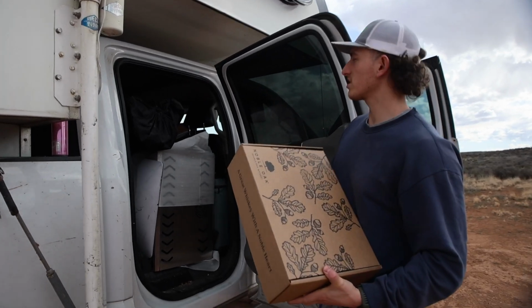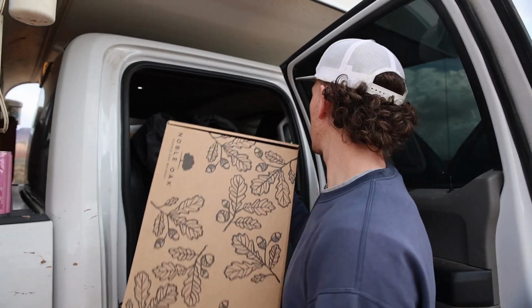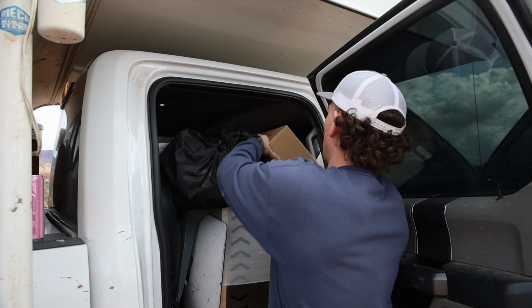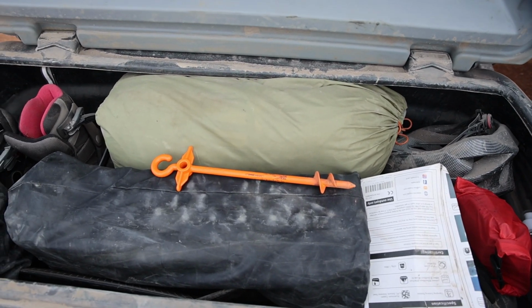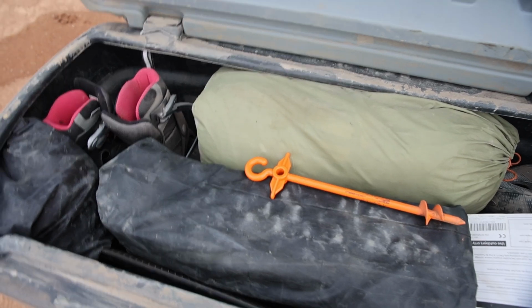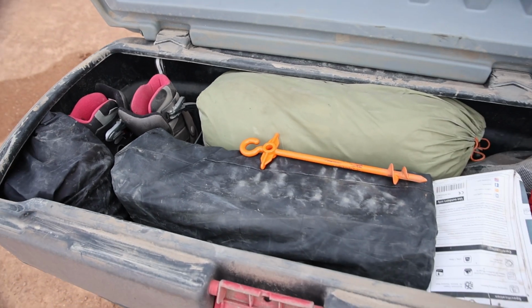Still see we have our sauna. We had some camping stuff here, but instead we're gonna put this here. And most of this camping gear we had in our storage unit, but we're hoping to get on some backpacking trips. So we picked it back up and put it back in the box. Now that our camper is a lot more organized, I'm going to make some almond milk in our almond cow,